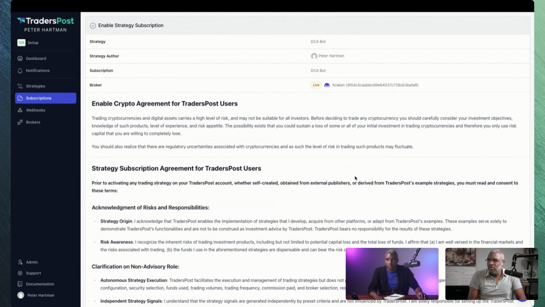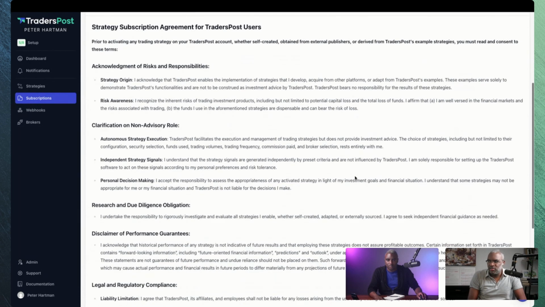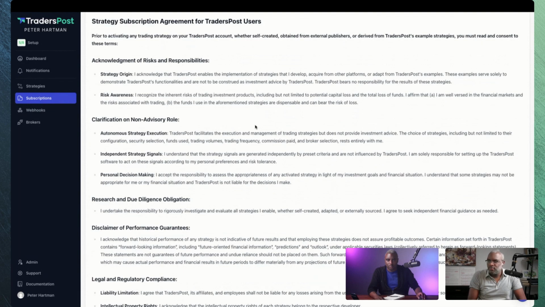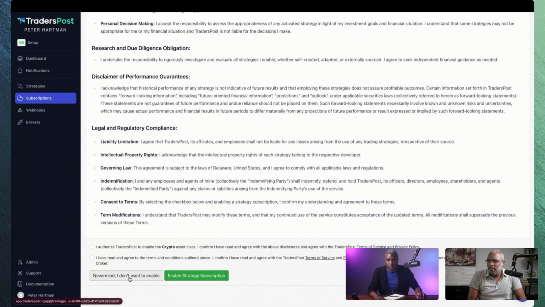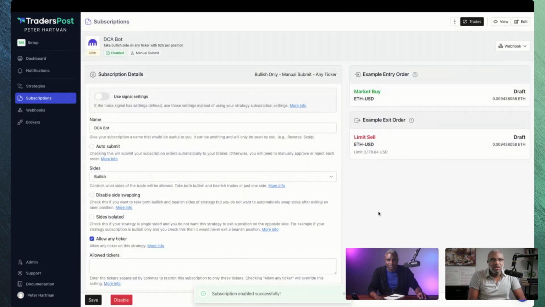All right. Scroll down to the bottom here. It's asking you to acknowledge all these different terms. You authorize TradersPost to enable the crypto asset, and you have read the terms and agreement. That's right. Enable. Great. So you can see at the very top left under DCA bot, it says enabled in green and